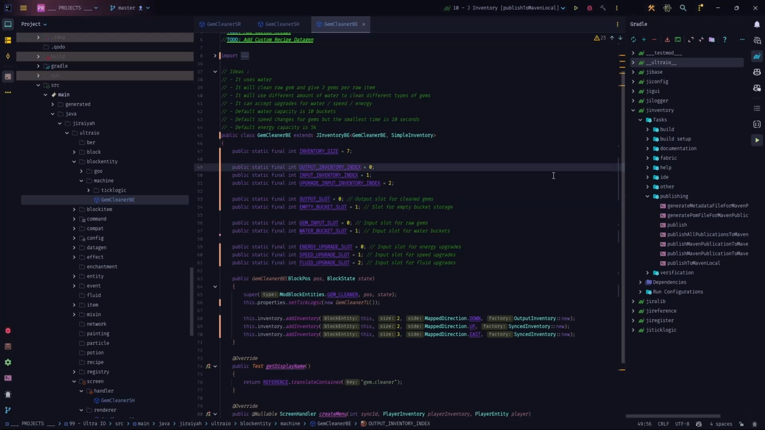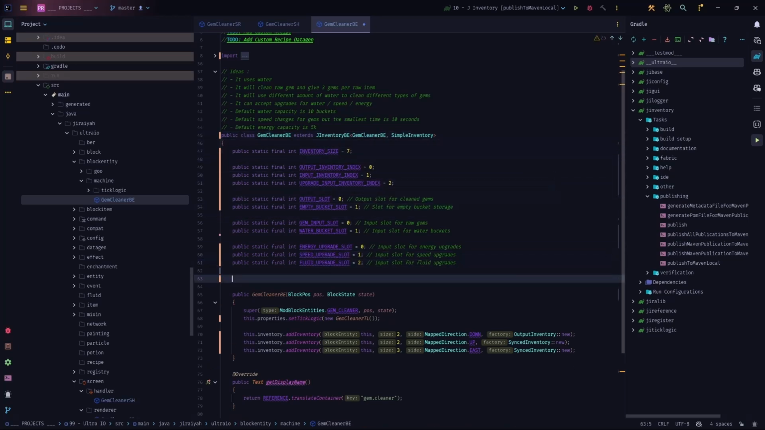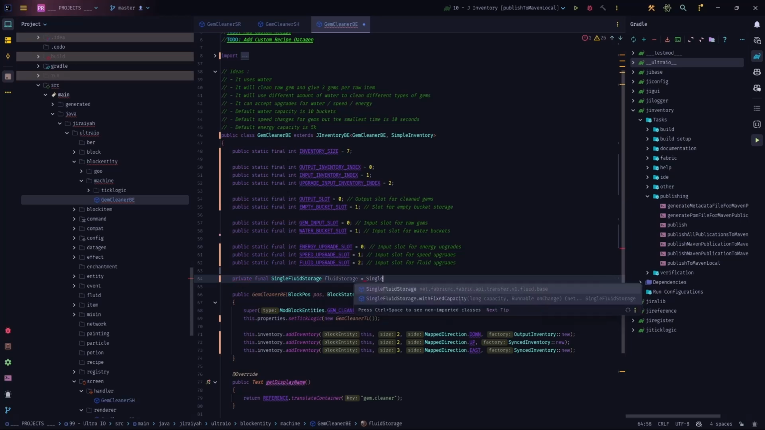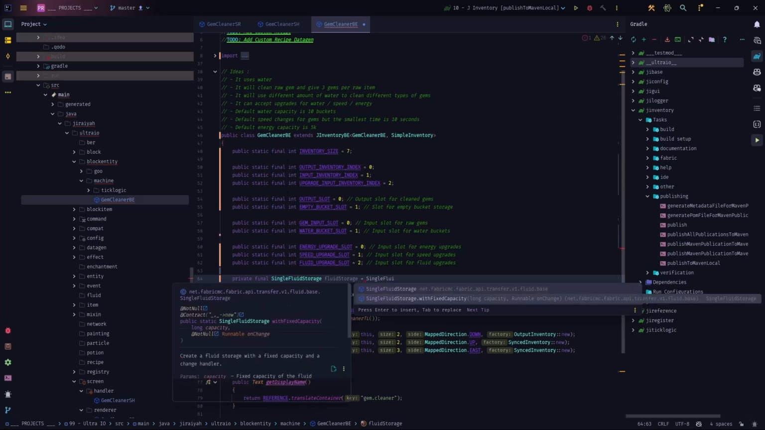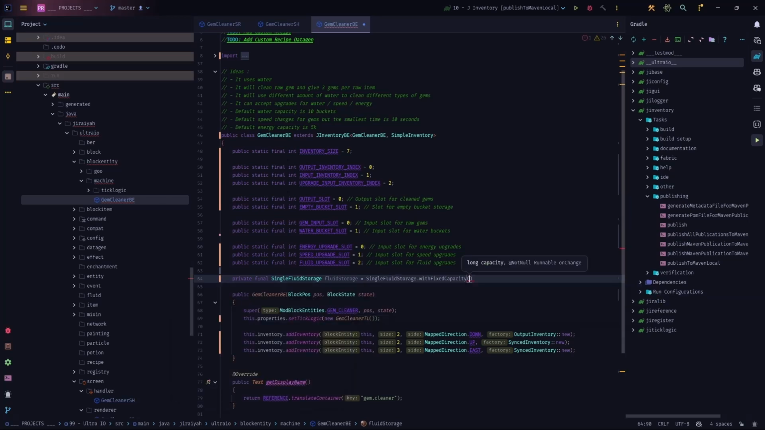To do that, we need to add a fluid storage. Now, for fluid storage, we have three different solutions in vanilla by itself, and I will tell you what is the benefit of each one. We can say private, final, a single fluid storage. As we said, it's a fluid storage that can accept only a single type of fluid at a time, and we call it fluid storage. Now, we can simply say that it is a single fluid storage with fixed capacity, and here we will say